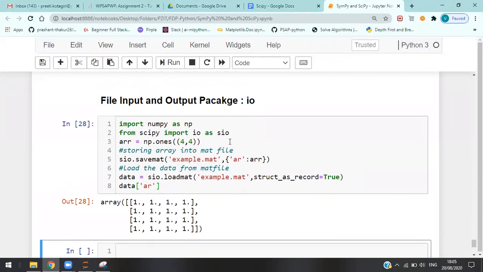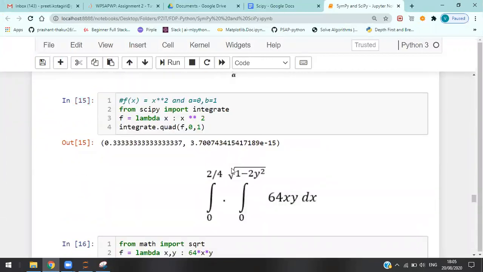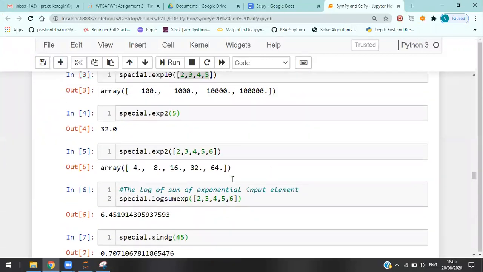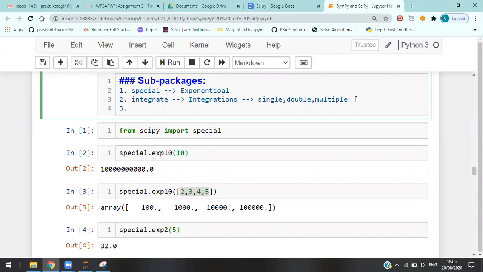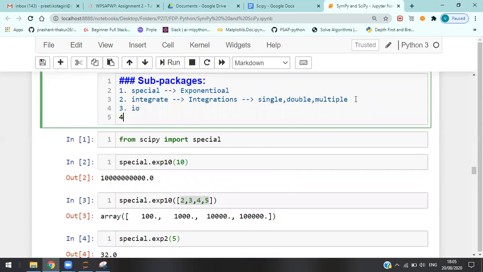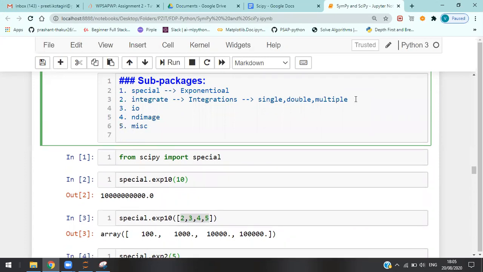These are the different subpackages which are available in the SciPy package. I have given an idea of what subpackages are available. We have discussed IO, next ndimage, and next we used misc, and we discussed linalg.